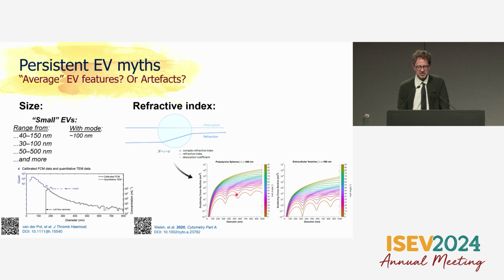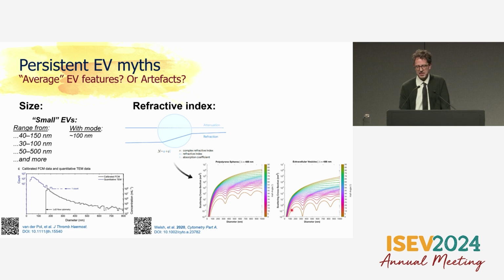So this is the Mie scattering model, and because of this strange attenuation, you get these little resonances, these small peaks. And what you see here, looking at polystyrene versus extracellular vesicles, is that the amount that light gets scattered from those particles is first dependent on the diameter, but also dependent on the overall refractive index. So how the materials and biomolecules that comprise EVs are fundamentally interacting with the light that's passing through. Polystyrene, as compared to EVs, is of course more refractive, and so at equivalent size, it scatters a lot more light. Smaller particles, of course, scatter less light, but at the same diameter, the EVs scatter a lot less light.